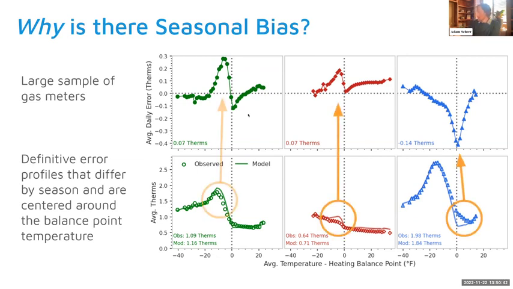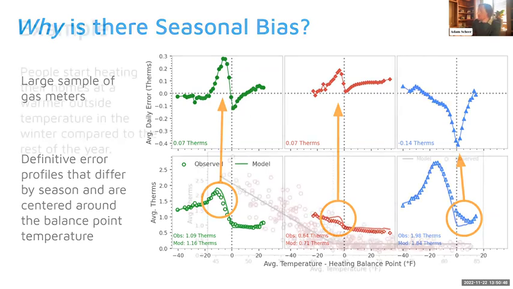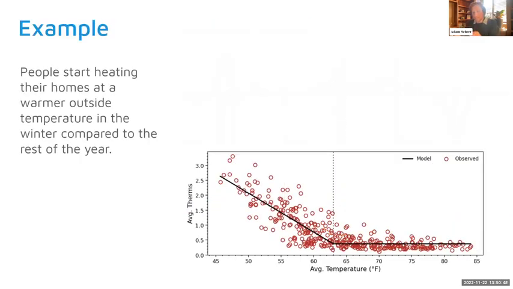So I've kind of explained this. I probably should have used the animations that I generated. Let's look at an example. This is that very same model that I was showing earlier. These are 365 data points plotted along with the model that's generated in the baseline period. We see that the heating balance point temperature is about 63 degrees. Everything looks reasonable, right? It sort of looks okay. But let's dig a little deeper.